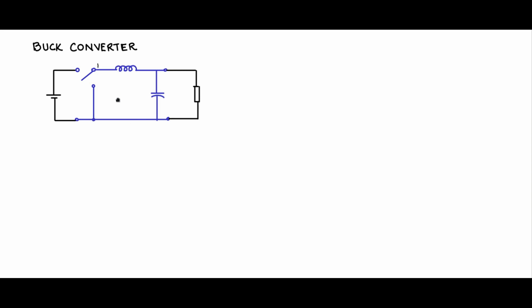Let us try to understand it a bit more in detail. This is the pole, this is throw 1, this is throw 2, L, C, R0, Vi, unregulated. This is DTS, meaning that pole and throw 1 are connected for DTS period of time. Pole and throw 2 are connected for 1 minus D TS period of time. This is V0, this is I0, this is IL, inductor current, and this is IC, the capacitor current. Let us also indicate the voltage VL across the inductor.